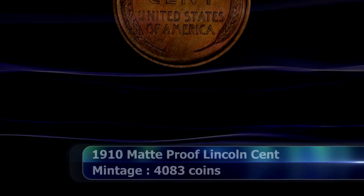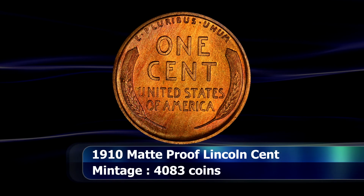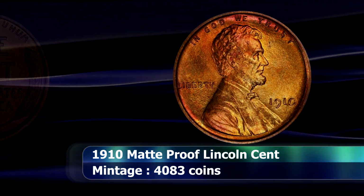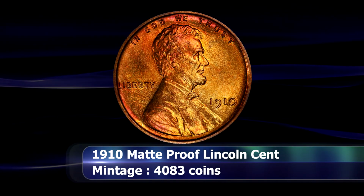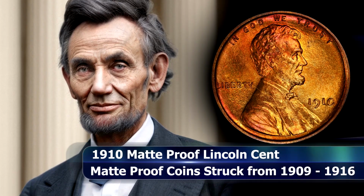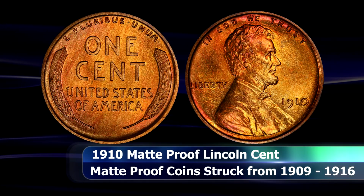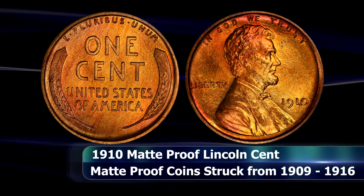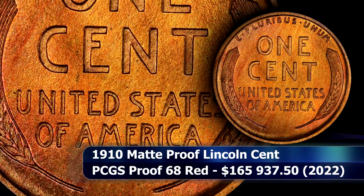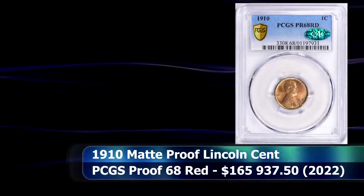$158,625. The matte-proof coins from the early 20th century were an attempt by the mint to give collectors something different, but they were so different in appearance from the regular, mirror-like finish proof coins that they were not very popular at the time of release. Over the 8 years that they were actually made, mintages steadily decreased towards the end. Today, however, those low mintages make them much more sought after, such as this example from 1910 that was graded by PCGS as Proof 68 Red and at auction was able to close for